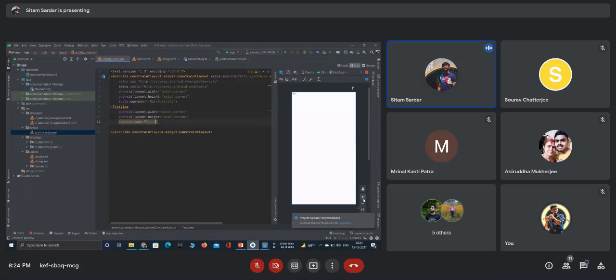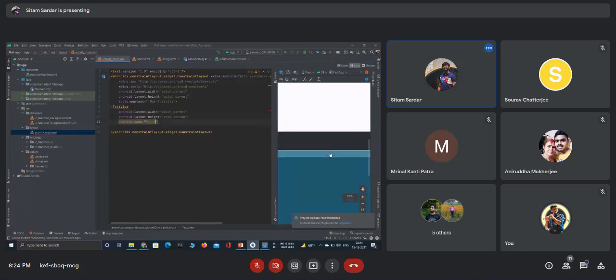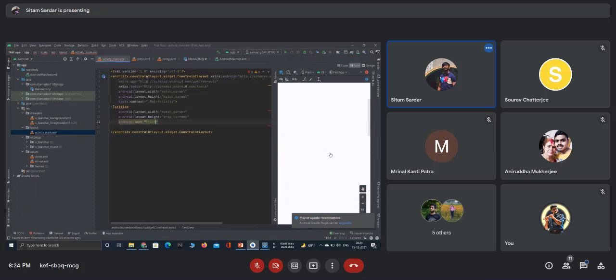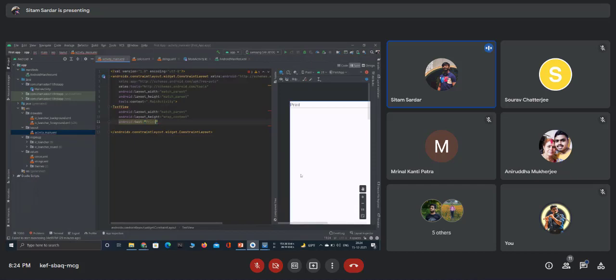If I zoom it a little bit, you can see there is a text called print. So this seems a little bit difficult, right? For now, we're learning a new thing, but it seems kind of difficult.